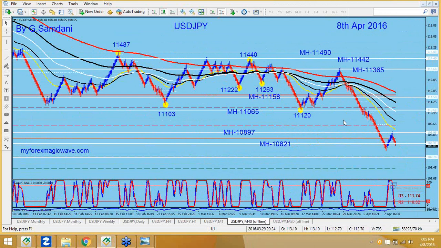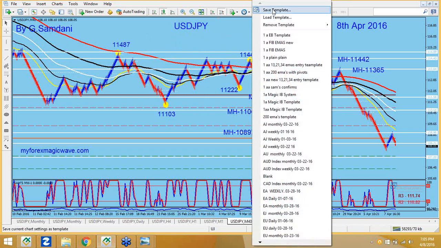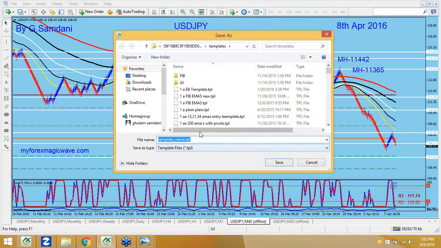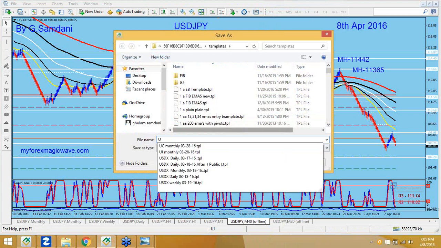So I hope you understand it requires a little bit of work, but it's easy. And that work is done, by the way. If you subscribe, I give you the whole thing, this template. You can ask me, give me a 40-minute USD yen template with all the numbers. So all I have to do is save the template. I go here, save template. Which one? UJ